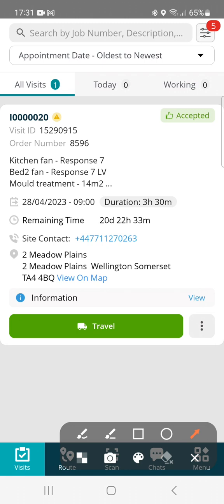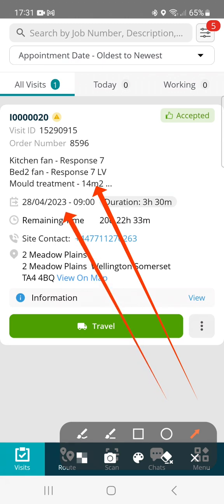Further information in this screen is a brief description of what is expected. We'll go into more detail later about the entire information about the job, but this gives you a quick information about what kind of job you're heading for, the date that's been agreed with the customer and therefore has been assigned to you in the calendar,